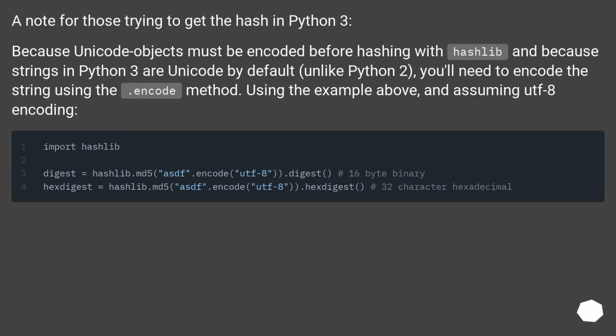A note for those trying to get the hash in Python 3. Because Unicode objects must be encoded before hashing with hashlib, and because strings in Python 3 are Unicode by default, unlike Python 2, you'll need to encode the string using the .encode method. Using the example above, and assuming UTF-8 encoding,